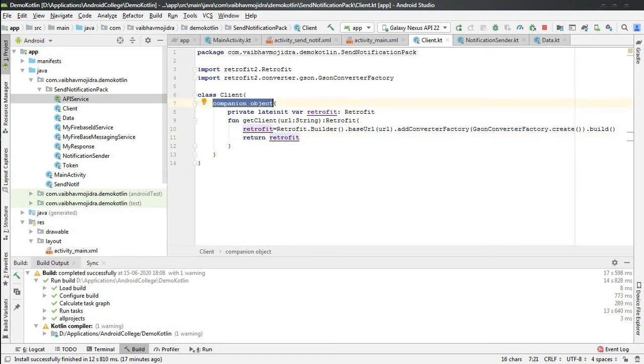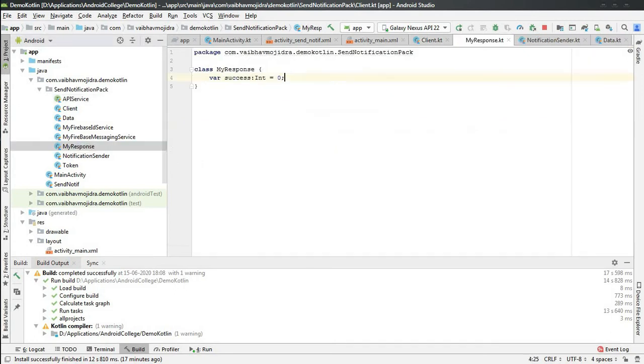Basically the service API is the interface, so we are initializing the object. This is used for static methods, so every time we don't have to call it with the new keyword. In this case we do not have to call it by constructor, so I have made it static.